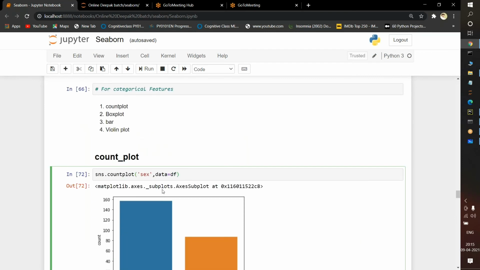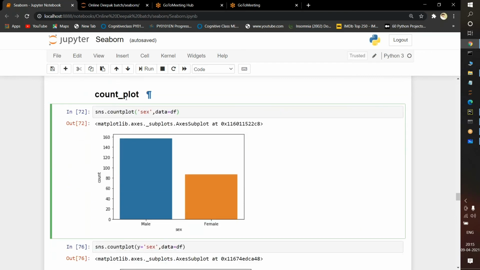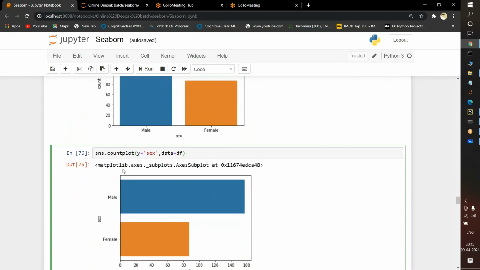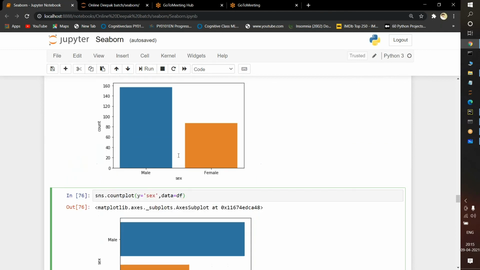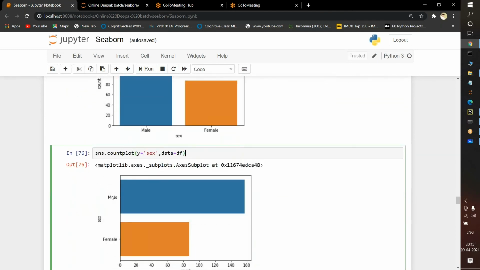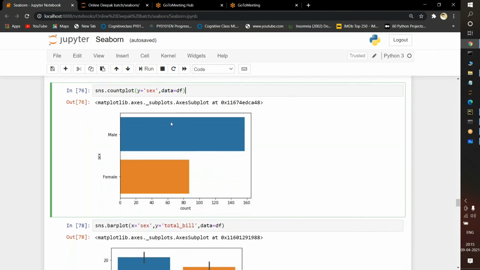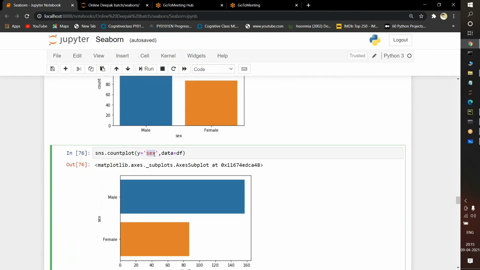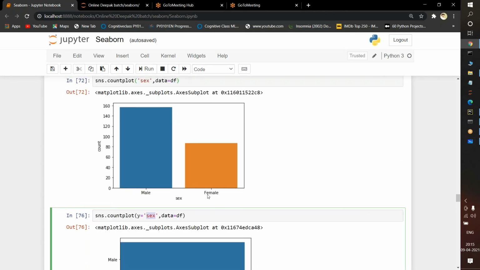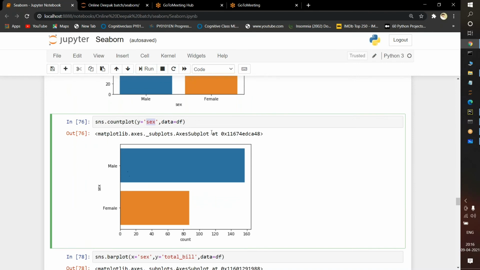For any categorical column, we can use count plot here. This is one of the best examples. What I am doing here is passing a count plot and y is equal to gender, and data I am taking as df, because df is the variable which is holding my data. So instead of plotting in a vertical way, it is going to plot in a horizontal way. If I pass y is equal to gender, on the y-axis we will see these feature names, male and female.